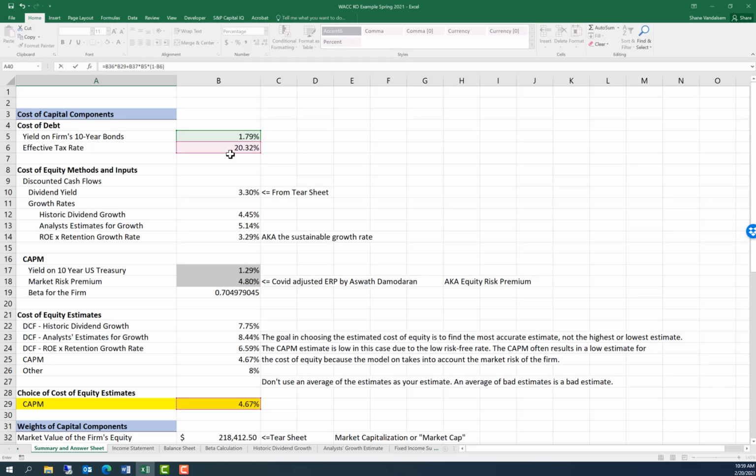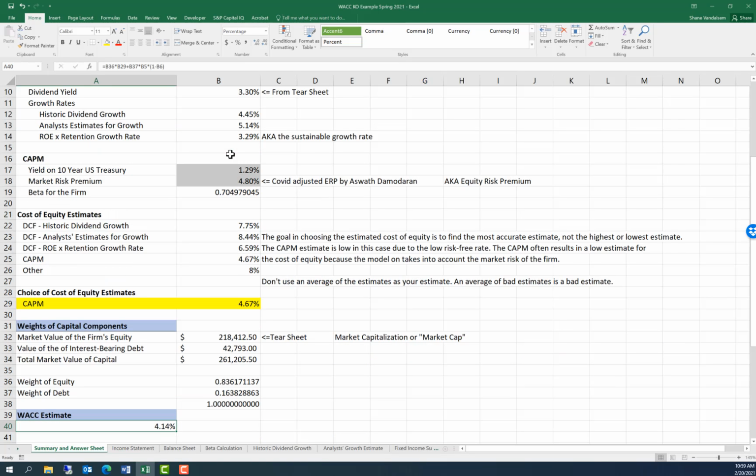So that the difference there makes sense. So the weighted average cost of capital, again, let me just go over this equation. We have the weight of equity, 0.8362, multiplied by our estimate for the cost of equity, 4.67%, and I'm going to change that here in a minute, plus the required rate of return, or excuse me, the weight of debt